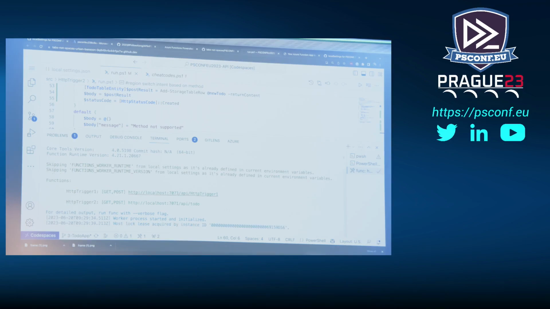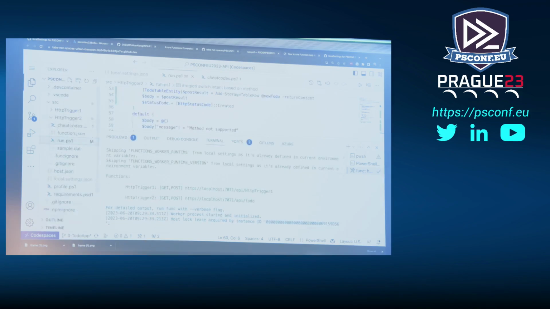Okay. I forgot to show a thing. Everyone note that we're working on a function called HTTP trigger 2, which is terrible. Never just use the default names. Look at the endpoint here. HTTP trigger 2 is actually not going to HTTP trigger 2. It's going to do. How did I do that? Okay. This is something that isn't really super documented, and it's kind of annoying, but if you're